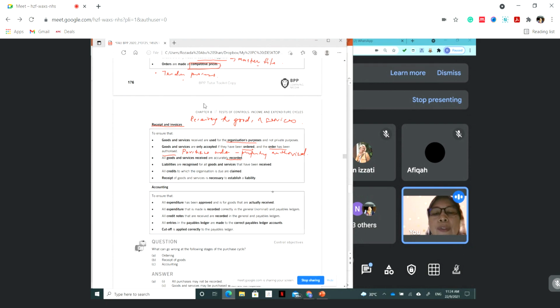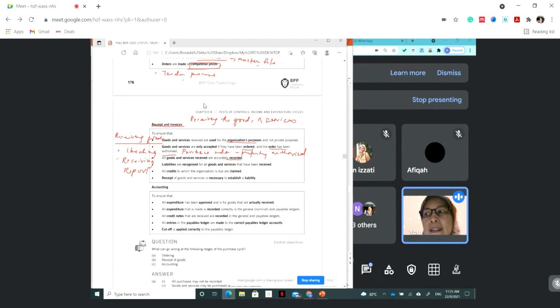You have to check the procedure for receiving goods. When receiving goods or services, normally goods, there must be checking, and then they must prepare a receiving report